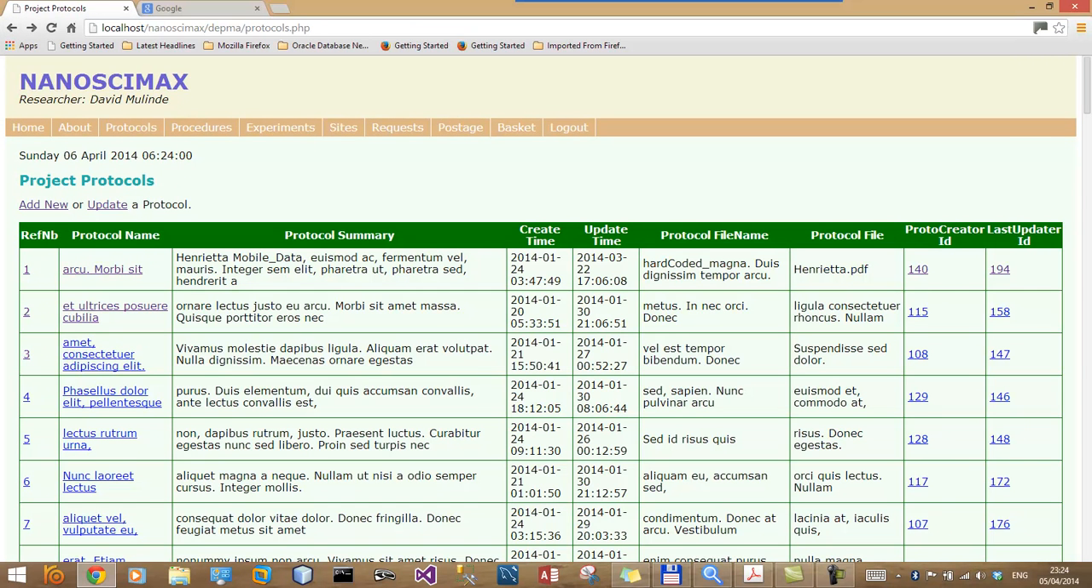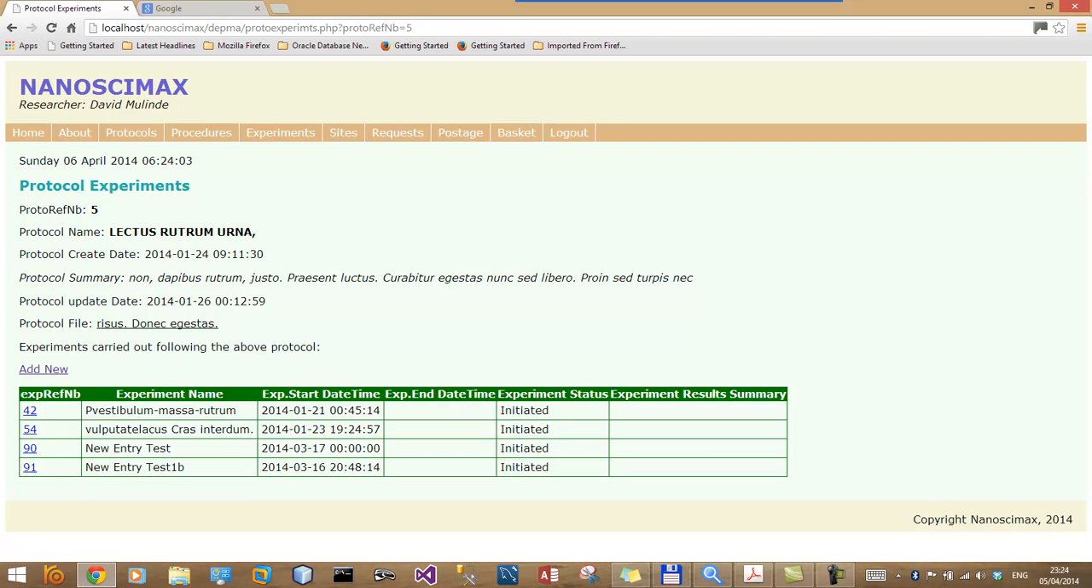the user should be able to view this. For example, this has a couple of experiments which were carried out based on this protocol, and these are the details of those experiments. They are initiated at this time, and the experiment reference number is another hyperlink to